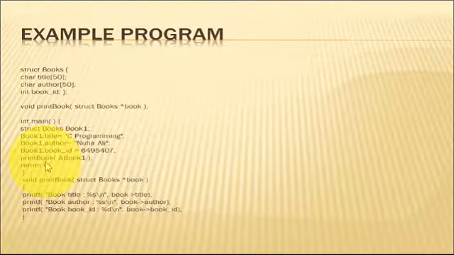Next we are calling the function print book. Here we are passing the address of the structure variable book1. So instead of pass by value, it is pass by address, pass by reference.